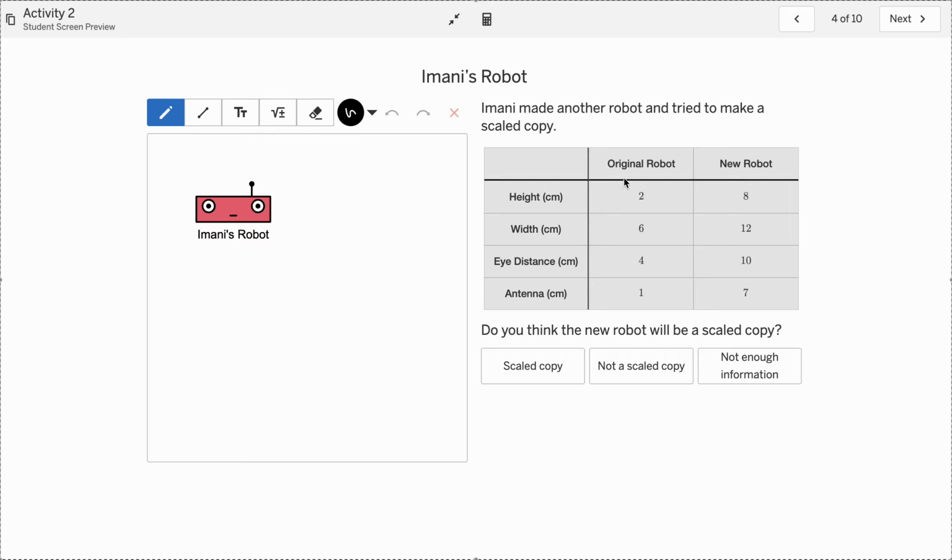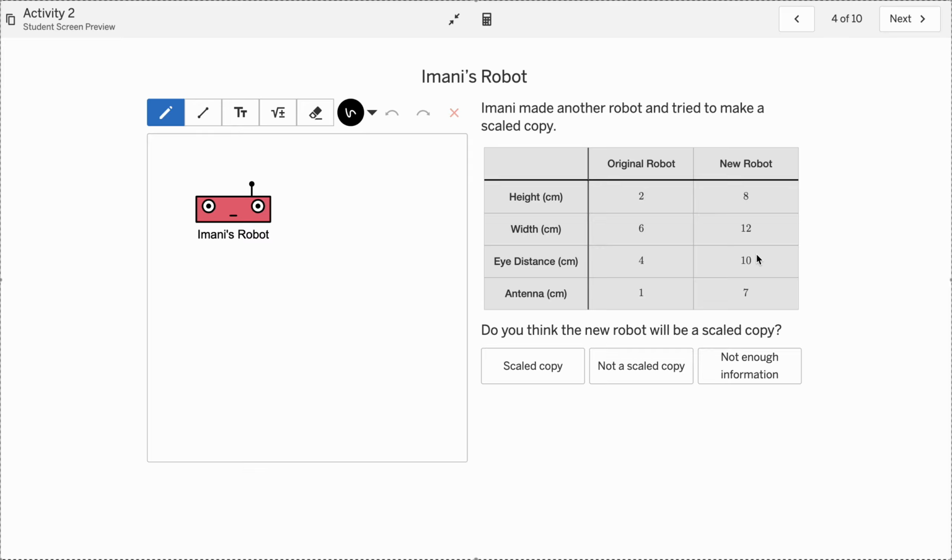When we're looking at this, we see our original robot, this one right here, has 2, 6, 4, and 1. And then our new robot goes up some, and it looks like if I just do quick math in my head that they actually go up by 6 units. So I can add 6 units to 2, 6 units to 6, 6 to 4, 6 to 1, and I get these new